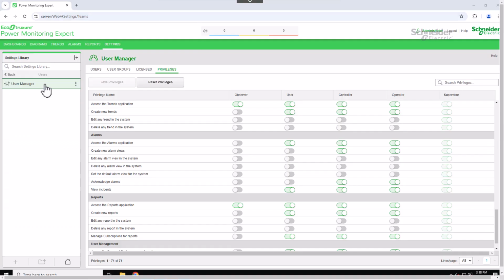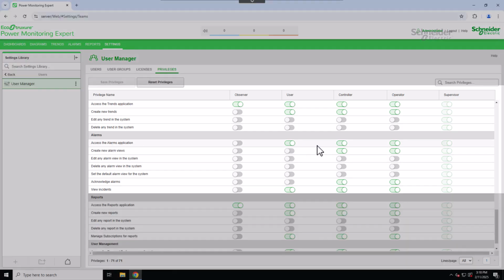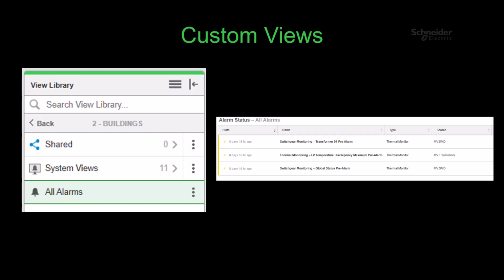Before we dive into configuring custom views, let's take a moment to review the user roles that can create or edit these views. It's important to note that you may have been assigned a role that does not allow you to create or check custom views. You can access this configuration through the User Manager, but keep in mind that only supervisor-level users have this access. If you're not a supervisor, please reach out to someone in your office who is, to verify your role. Alright, let's dive in and see how it's done.